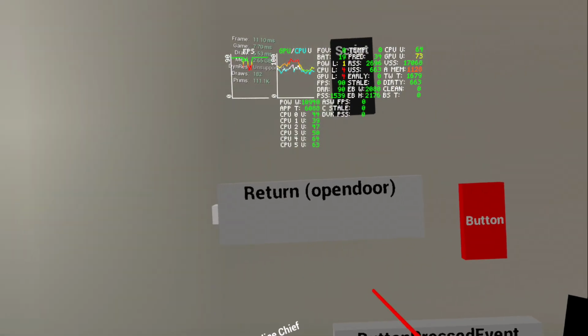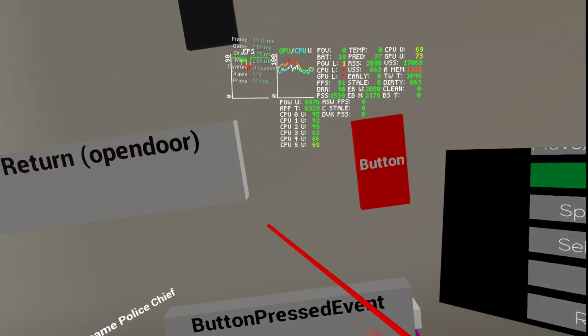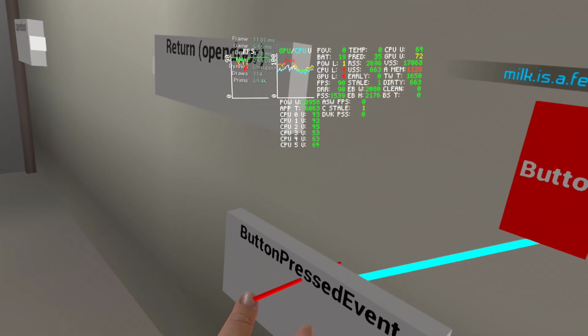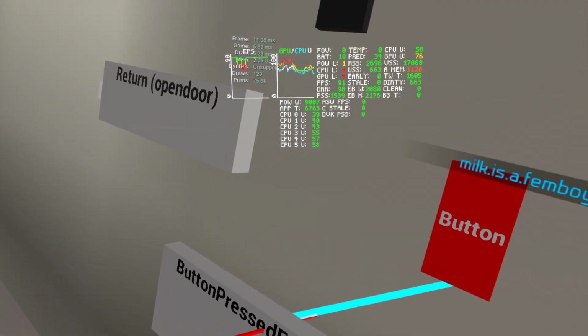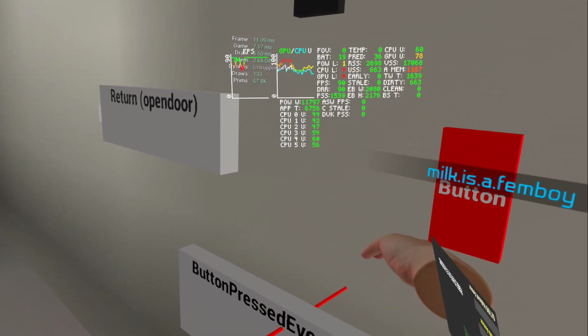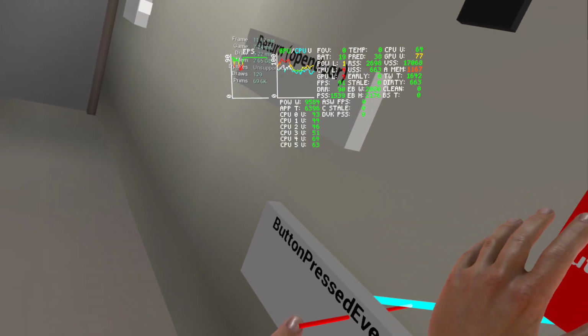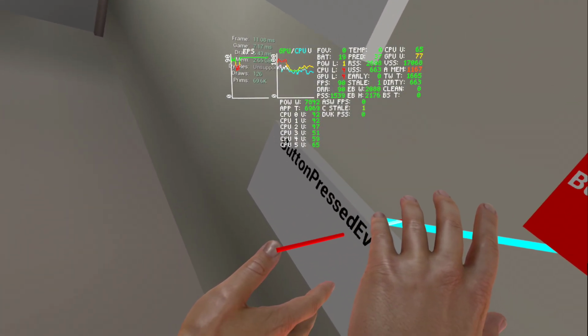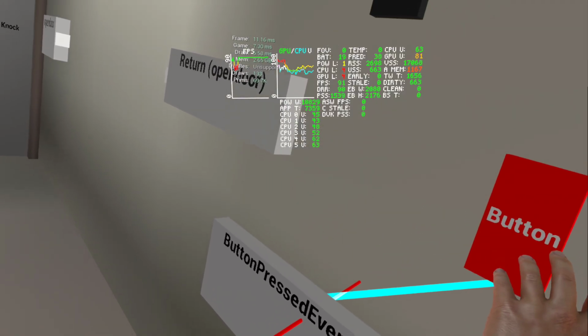Actually, a really important thing I want to tell you guys about is when you have your wire tool out, when you hover over a node, you're going to see this blue laser. The whole point of why I made that is to tell you this is part of the button's context. So this button,